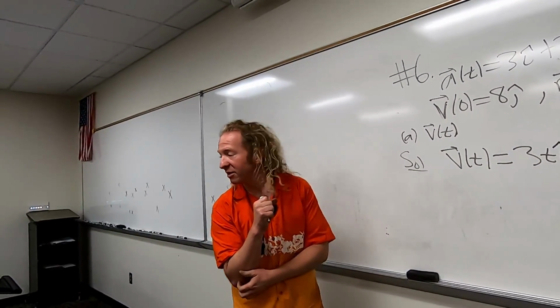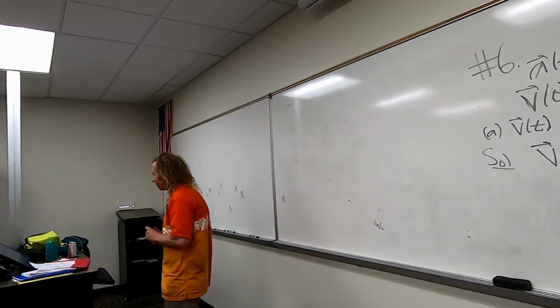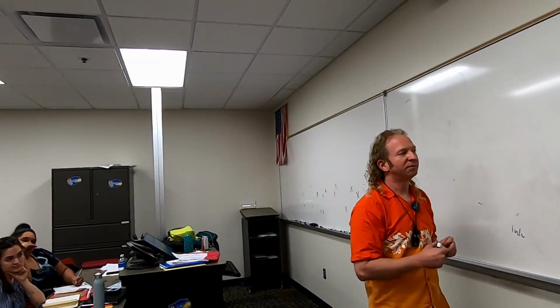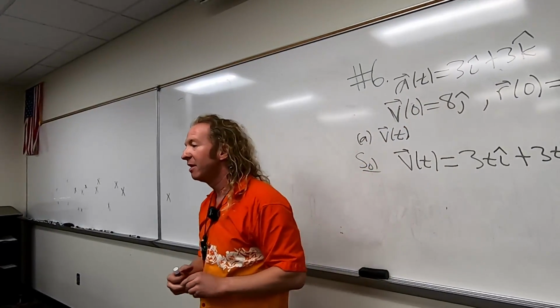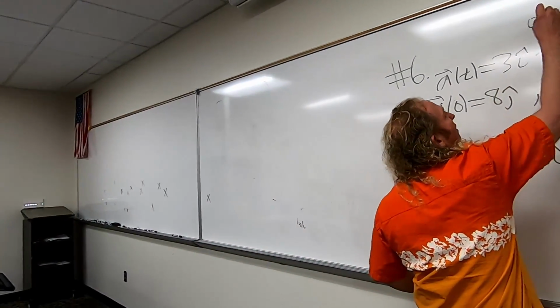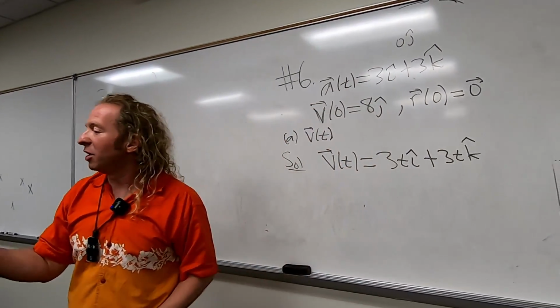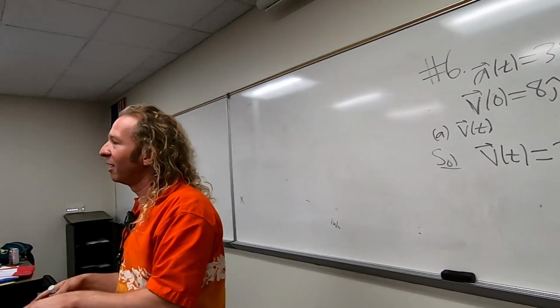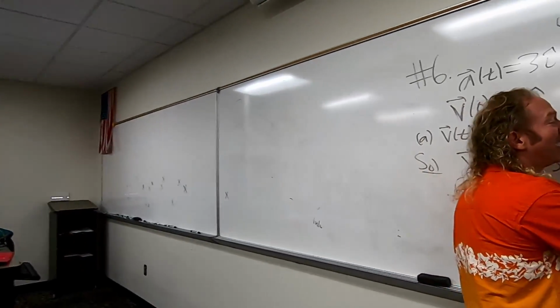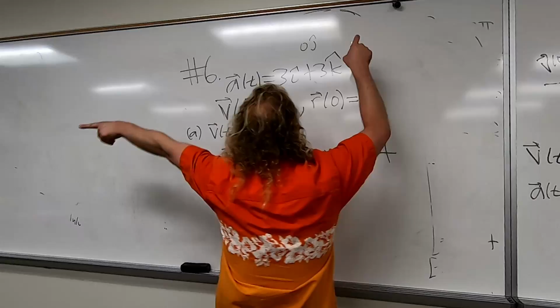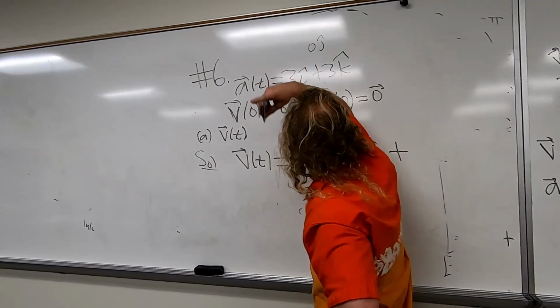What j? This is not there. It's not in the problem, is it? Exactly. No. The velocity has a j, but there's no j here, right? So there's really a 0 j here. An integral, then. If you integrate 0, what do you get? A constant. Reabsorb every constant. So when you integrate this,